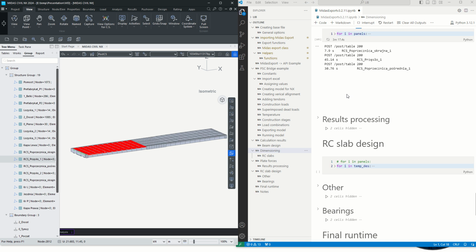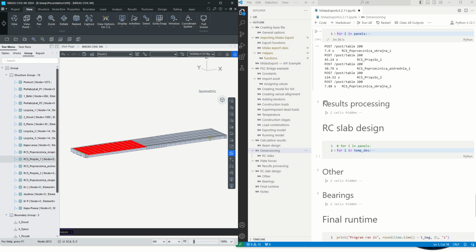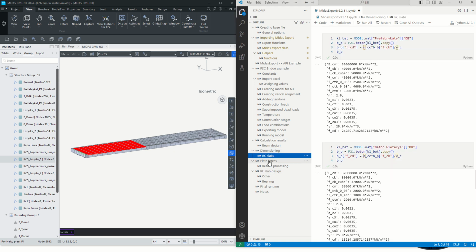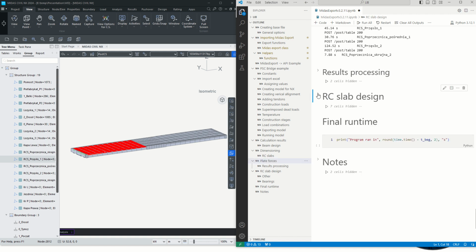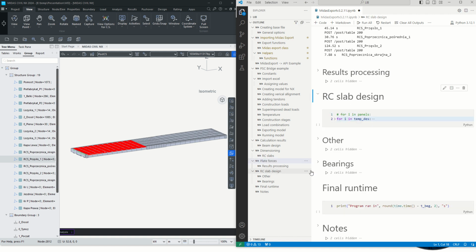In a moment this should finish, and we can carry on to processing the results. Here are all the elements. The last span, I was clicking around, so it looks like it went slightly longer, and the last element is done. So and then RC slab design, the plate forces, and then here if I run RC slab design,